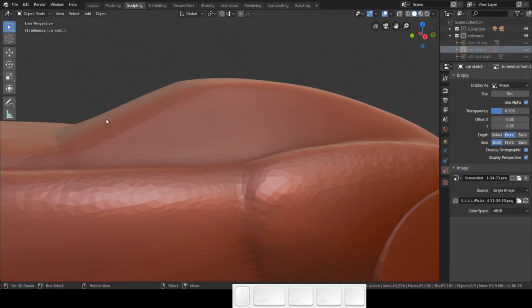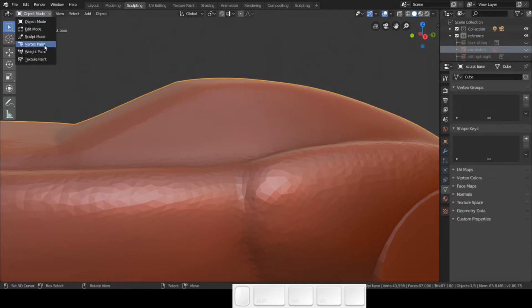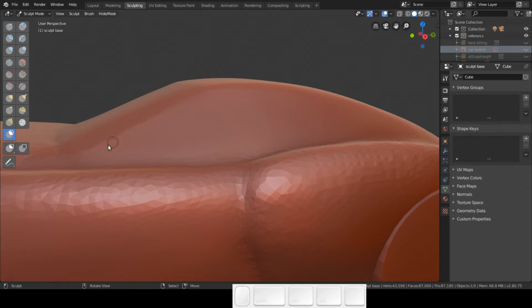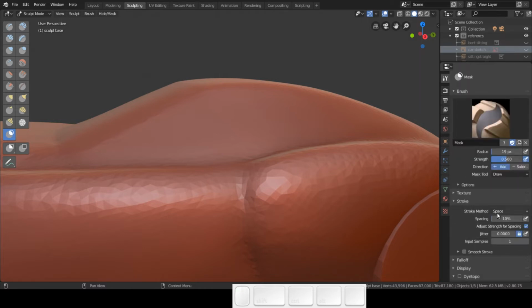So let's go ahead and select this, go into sculpt mode. I like to have my brushes like this. Where's my mask? Here's my mask. So let's go ahead and with the tool, go to stroke, and I'm going to use the line because it's really easy to draw straight lines. So this is my A pillar, and if you look into the